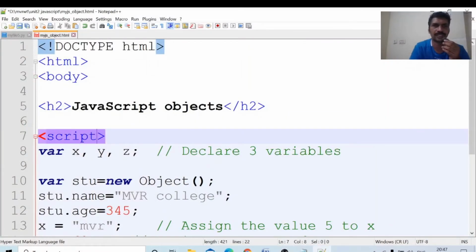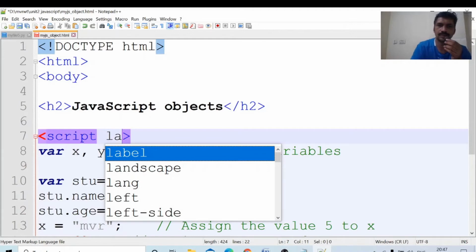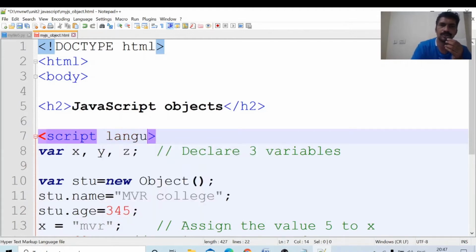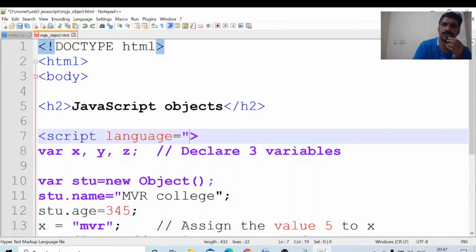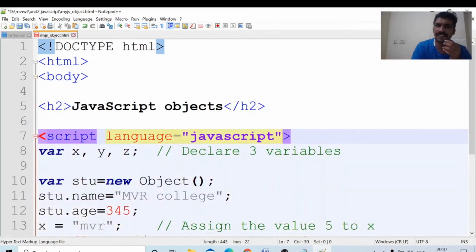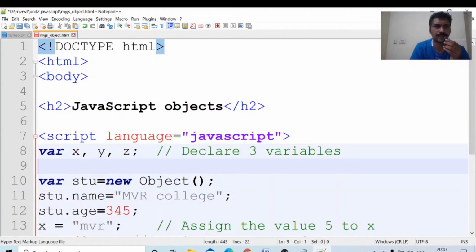So I will write language equal to JavaScript here. This is optional. By default, script is JavaScript only.